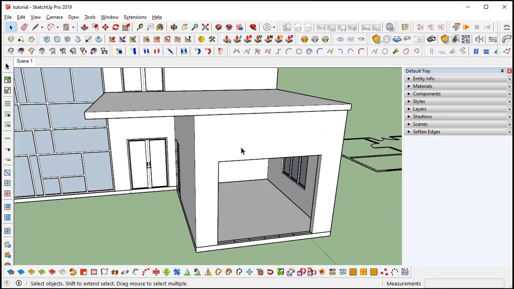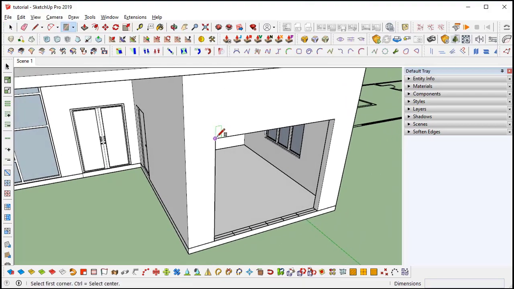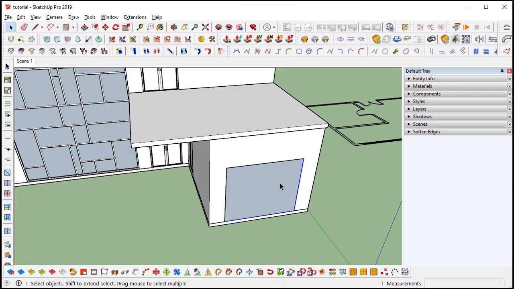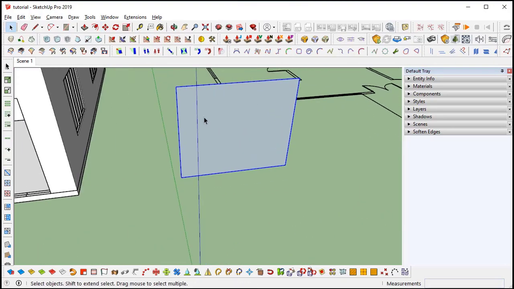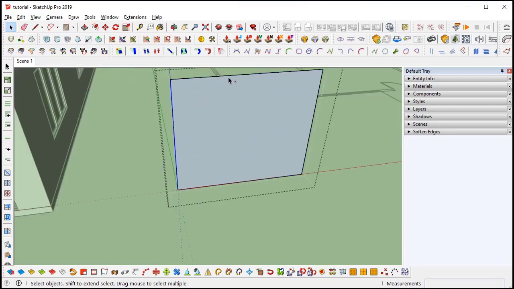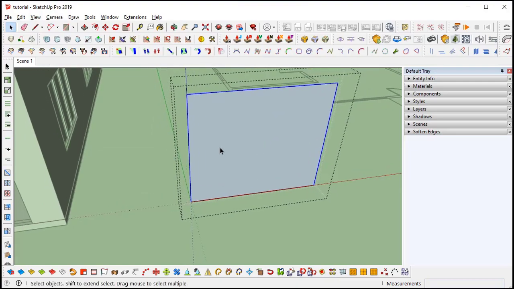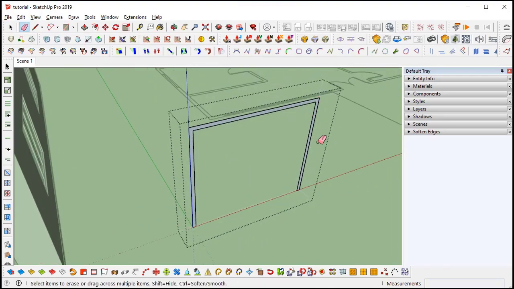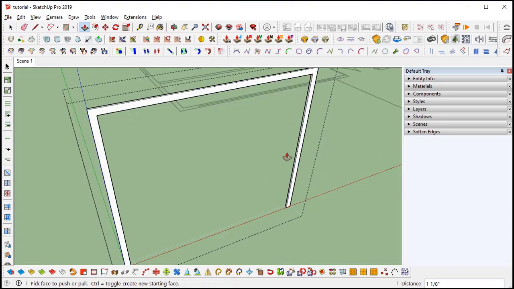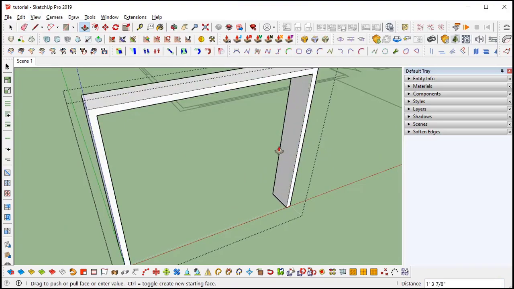Now we are going to make a front parking door. That's the same process as the others. Make the rectangle and copy it outside. Simply, only these three faces will be offset 3 inches, and I will erase this one, so it will be like a frame. 3 inches would be fine.